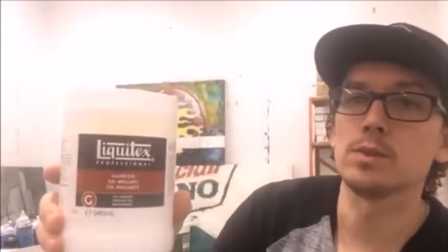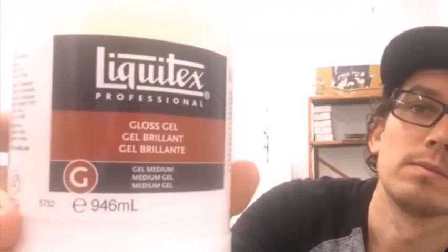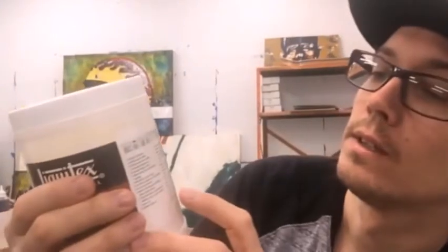We are in my studio, and I've had a lot of questions on how I use this stuff. Gloss gel medium. I do not use it as a clear coat. I actually mix it with my paints. What you want to look for is the transparent